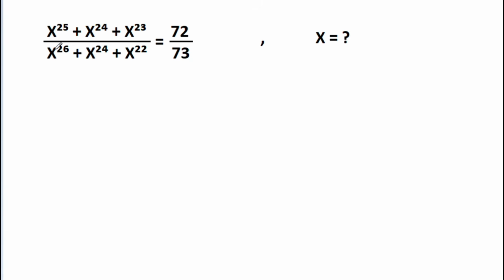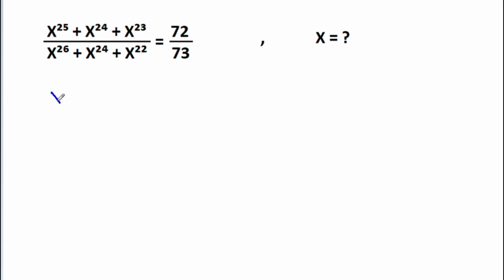Given (x^25 + x^24 + x^23) divided by (x^26 + x^24 + x^22) is 72 divided by 73, and we have to find x. So